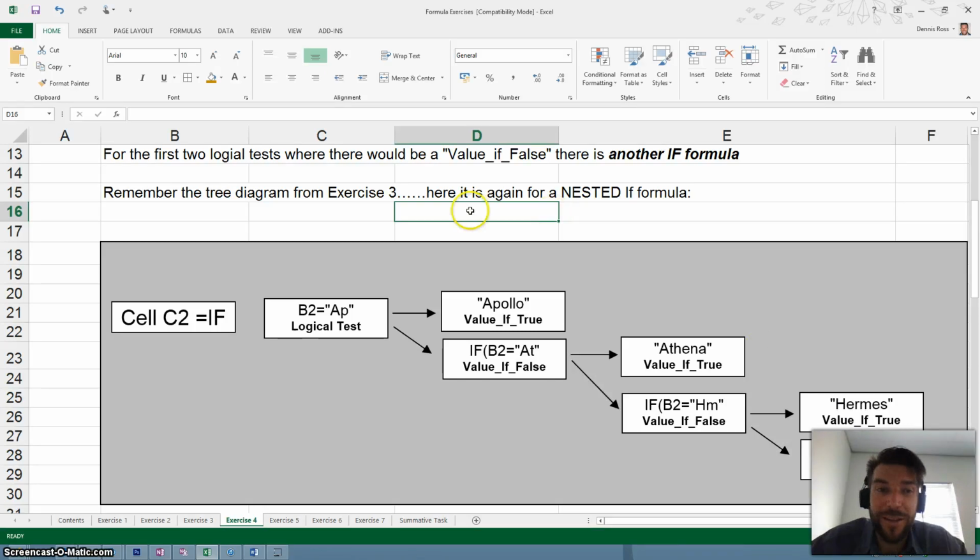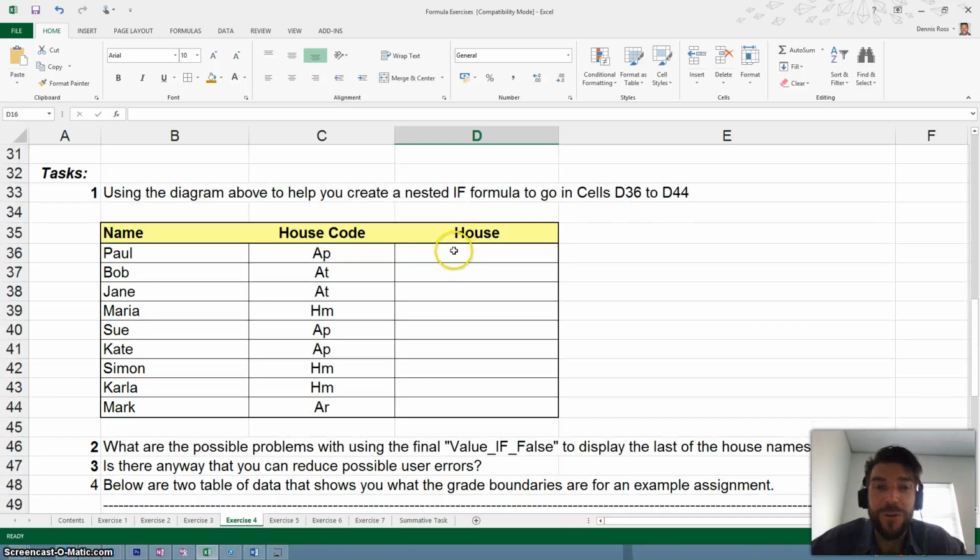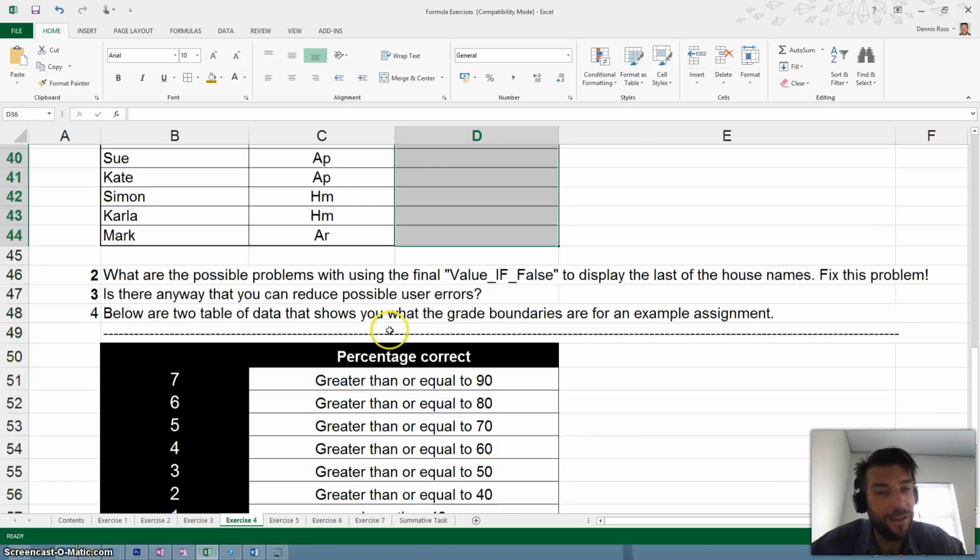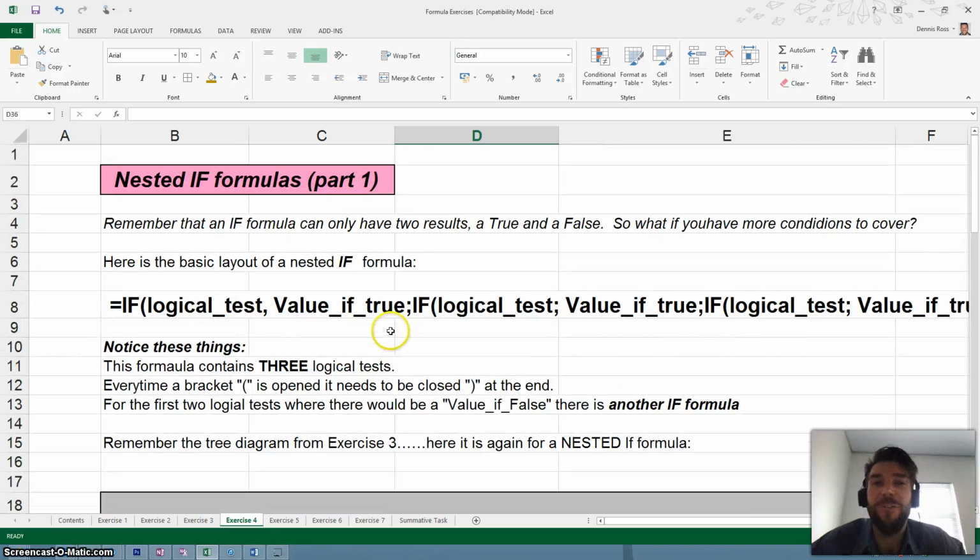Now, your job in this exercise is to see if you can make that formula correctly and put it in here. And if you can, then there are some other little exercises down there for you. So you might need to review that video a couple